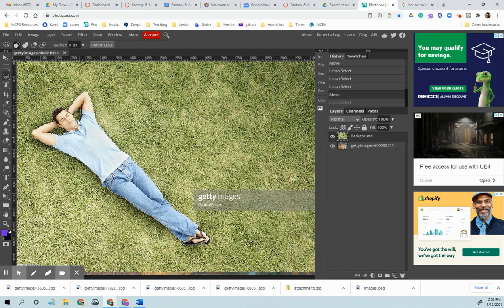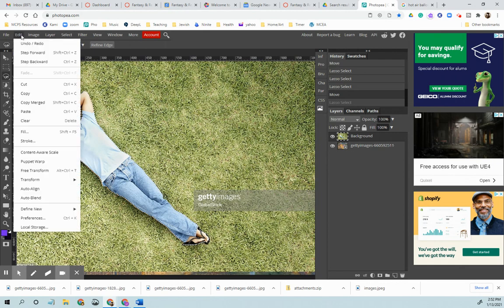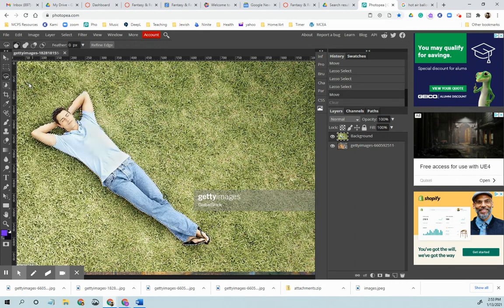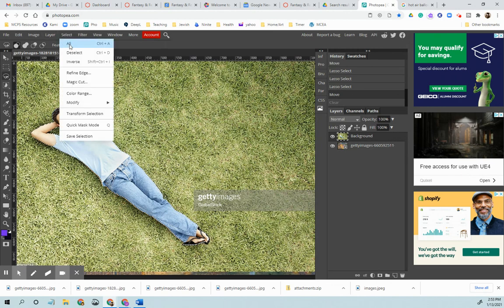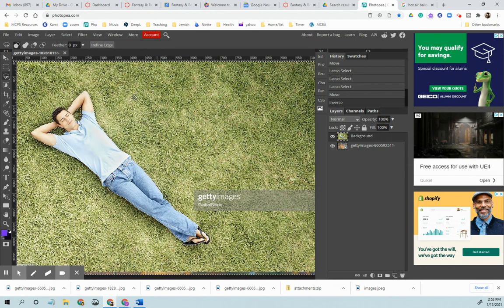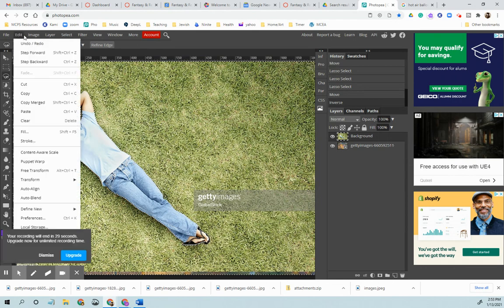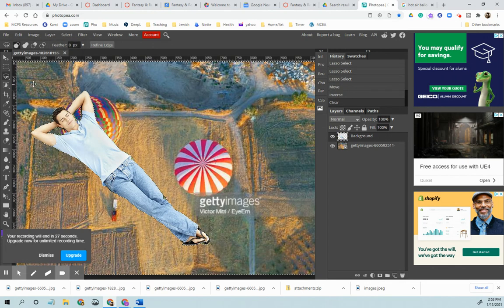And then from here, we can edit and hit cut. Oops. Actually, at this point, it would be fantastic to go to select and hit inverse. That selects everything you don't want. And then you can hit edit, cut. Now our person is taken away. So that is how you can use Shift and Alt in your selection tool to get a more convincing image